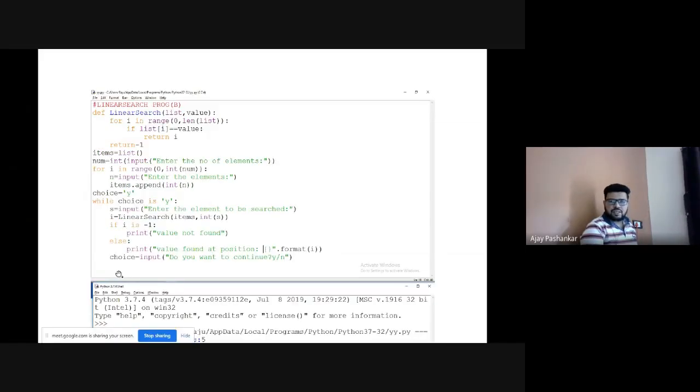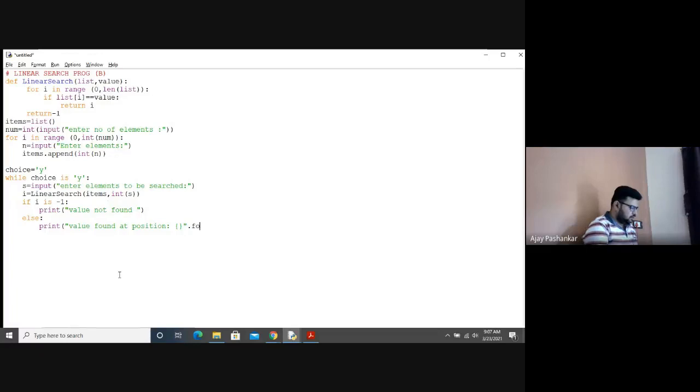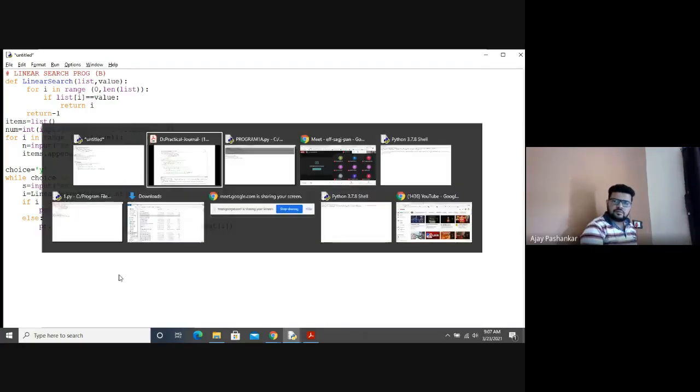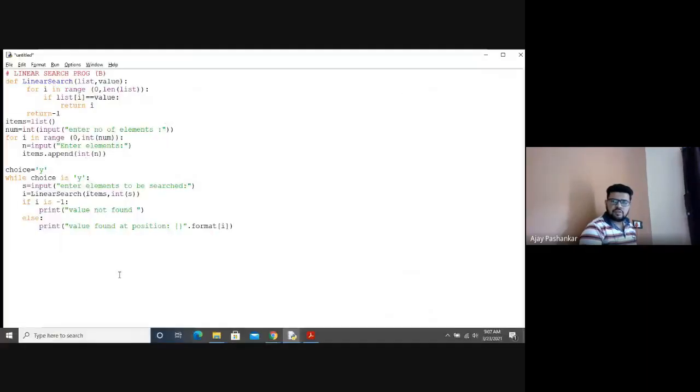You need to format that index, format into bracket i.